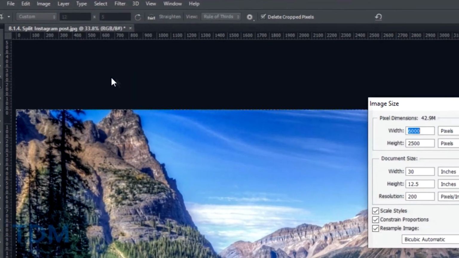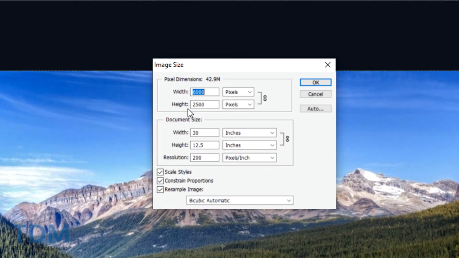Now, all you need to do is put some value in this width box, which is slightly greater than your image size. And that could be divided into 3 pieces. Here, my image height is 2500 pixels after cropping, which was initially 3375 pixels,